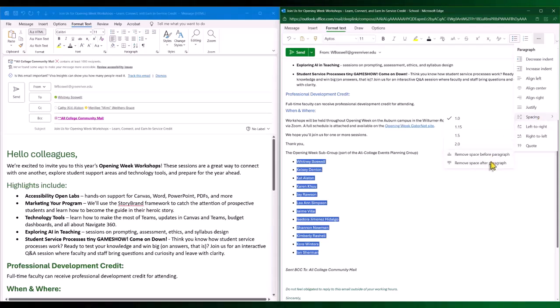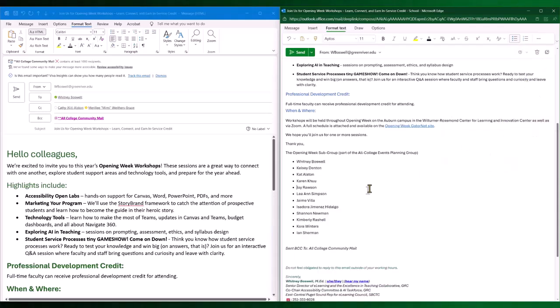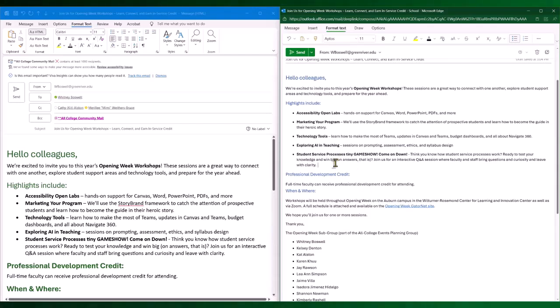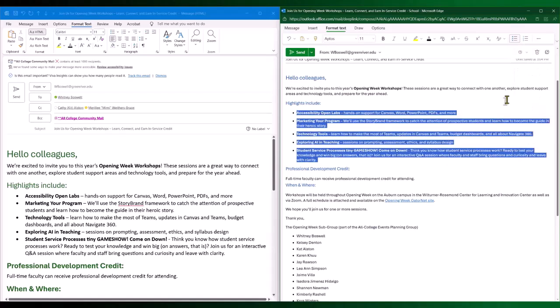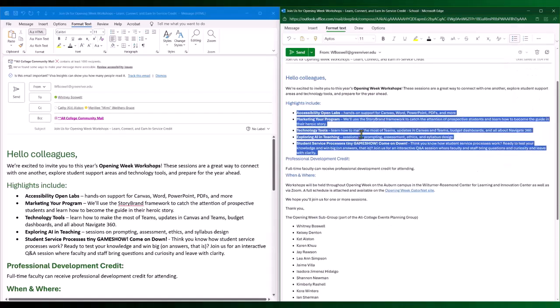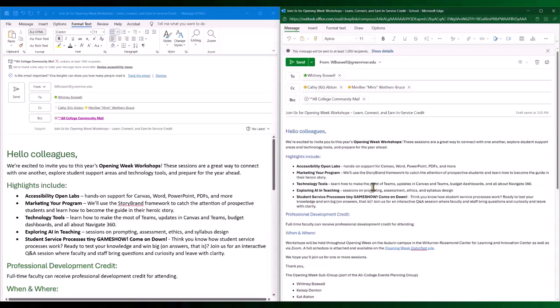Can also remove the space from before or after. I'll do that here as well. Spacing to 1 and then spacing remove after. And now we're done. Both of these emails would be ready to send out.